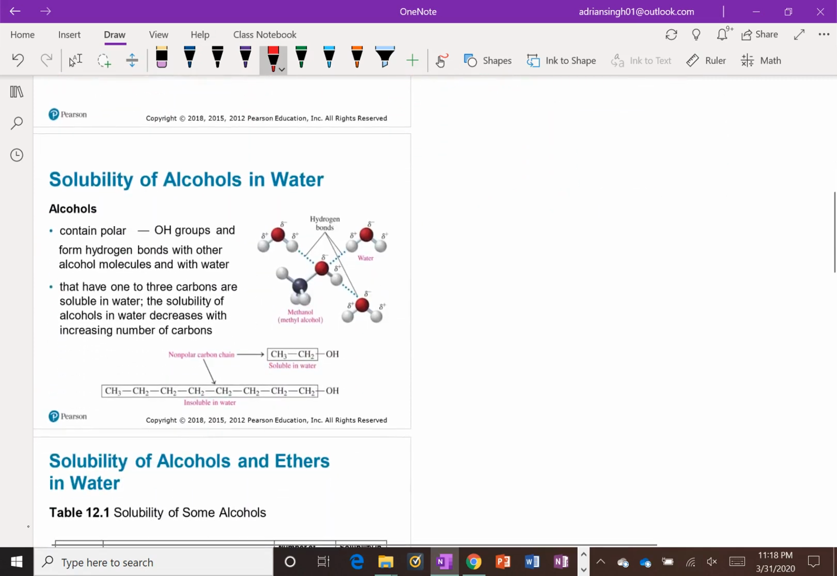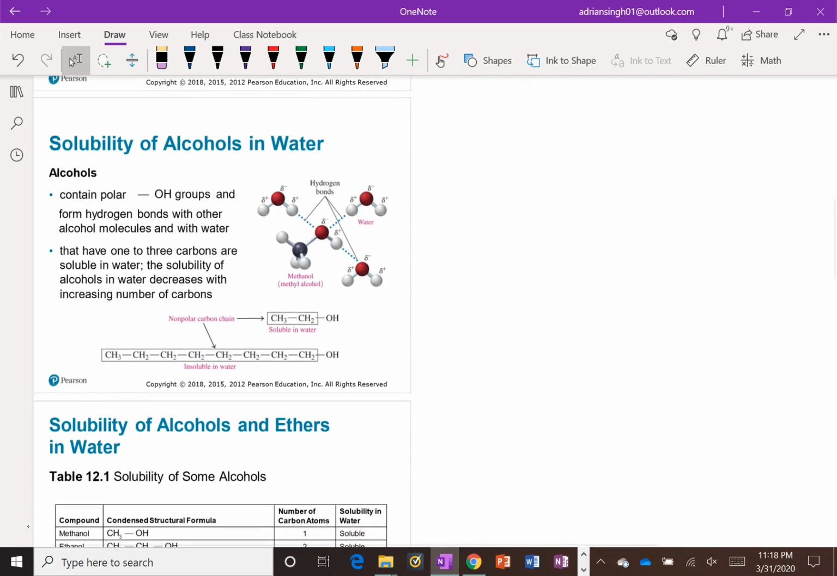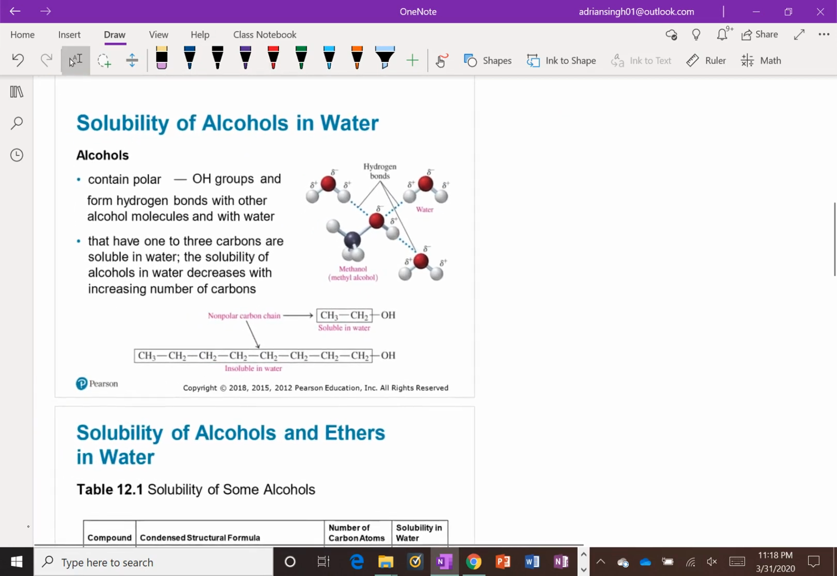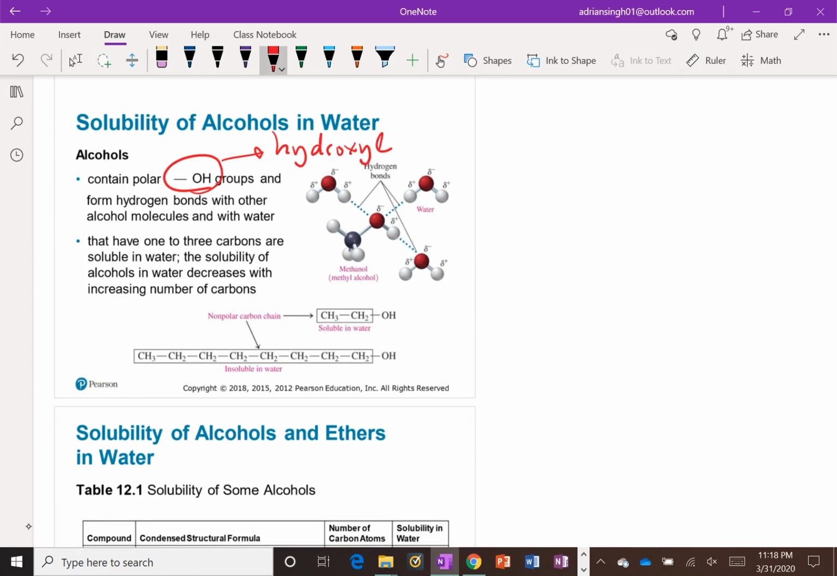The presence of the hydroxyl group imparts some physical properties to your alcohols. Remember that this OH group, this hydroxyl group, is polar. The OH bond is a very polar bond, the H here being slightly positive, the O being slightly negative. So there's a dipole going that way. And it's able to form hydrogen bonds with not only water, but other alcohol molecules as